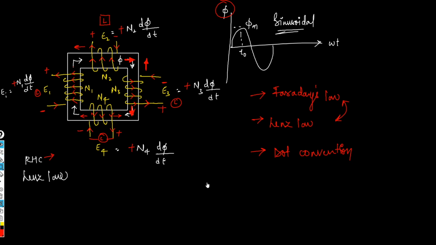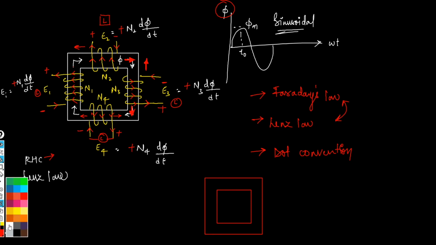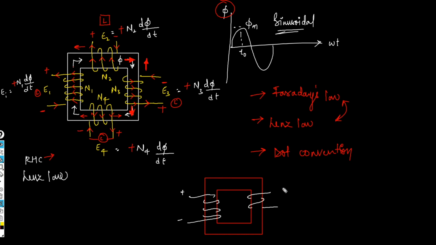Suppose there is an ideal core in this way, and it has some number of windings like N1, N2, N3 like this. Suppose this is plus, this is minus, this is plus, this is minus. We don't write plus and minus here. Now, if you see any dot here, which means that